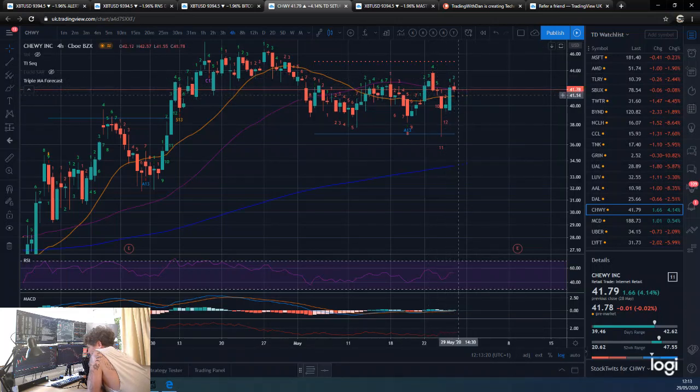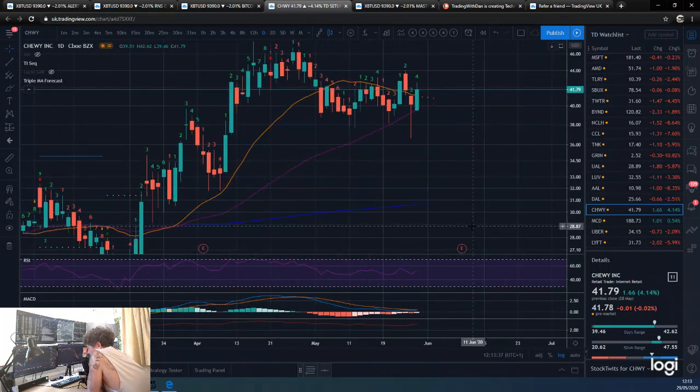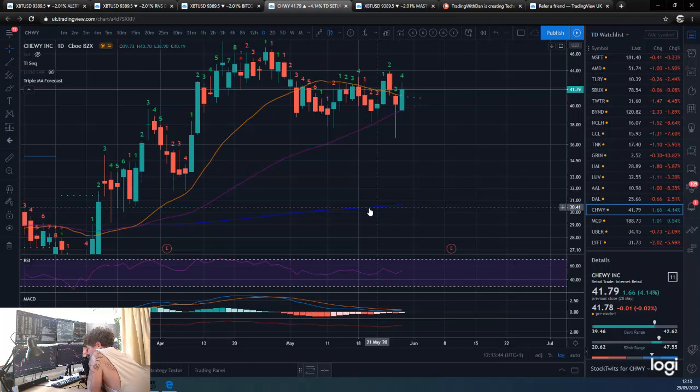And incidentally that was breaking back above the 21. So it was a buy, and we're back above the 50 now, and obviously you will be looking for buys because we're above this 200 period moving average, and it's moving upwards. Let's have a look at the daily. Again, all averages in the correct order and all pointing upwards. We've got the 21 sloping down, which is not ideal, but we've had a strong move up, and as long as we stay up here, this 21 will start to sort itself out and come back up.